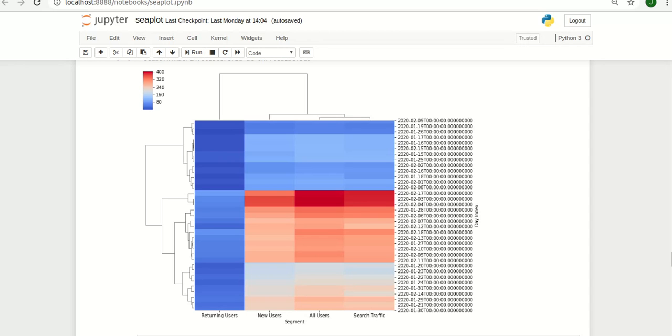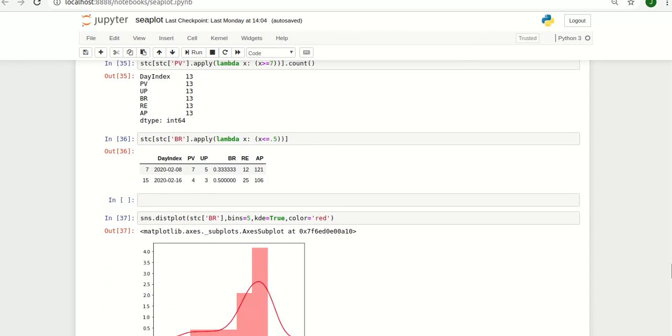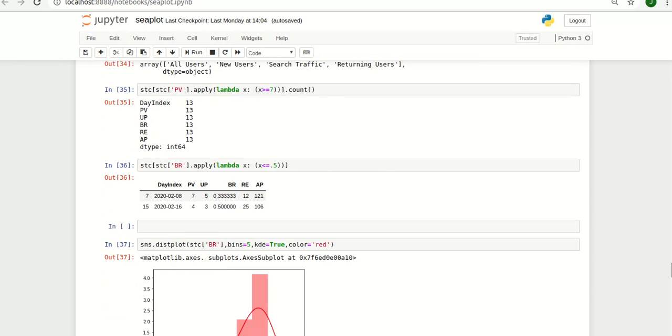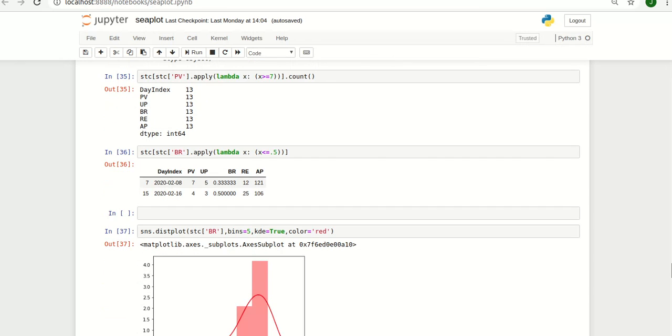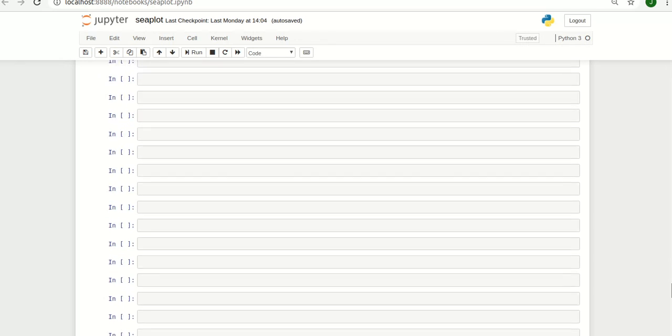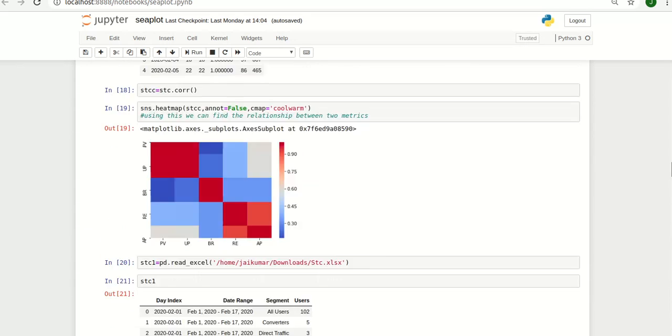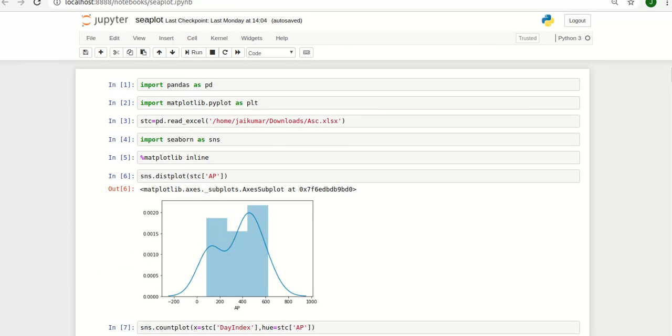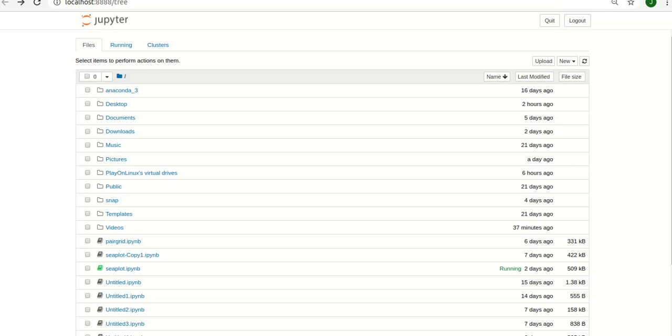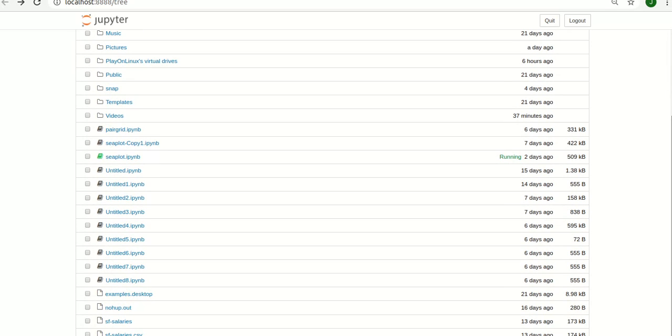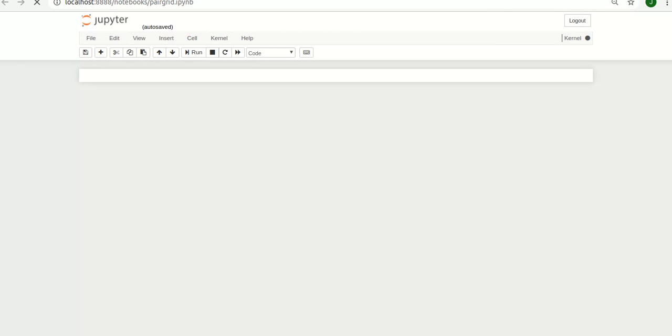That's it. And if there is any other, let me check if there is anything useful to see in plot, copy, paragraph. Paragraph is very useful information to show. See here,